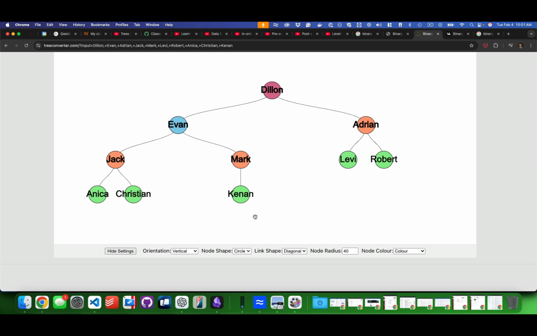And if I'm a leaf node, then I have a height of 0. Does that make sense? Almost. I'm almost there, but I've ignored an important thing. My height is 1 more than the height of my child. I'm actually 1 more than the height of my bigger child, the bigger height